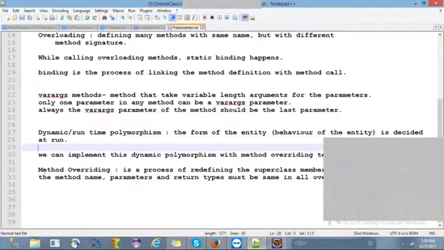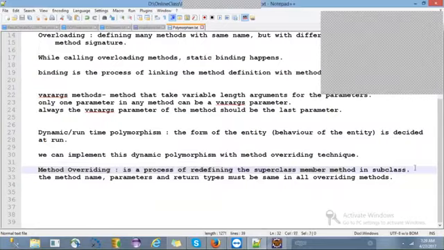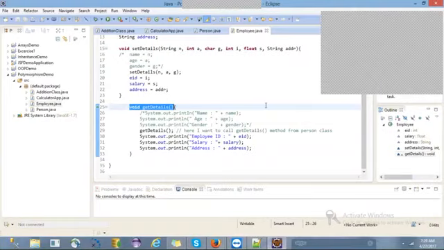That is what we call method overriding: redefining the superclass method in the subclass. The method name, parameters, and return type must be the same in all overriding methods. Here, how many copies of the get details method do we have? Two copies.